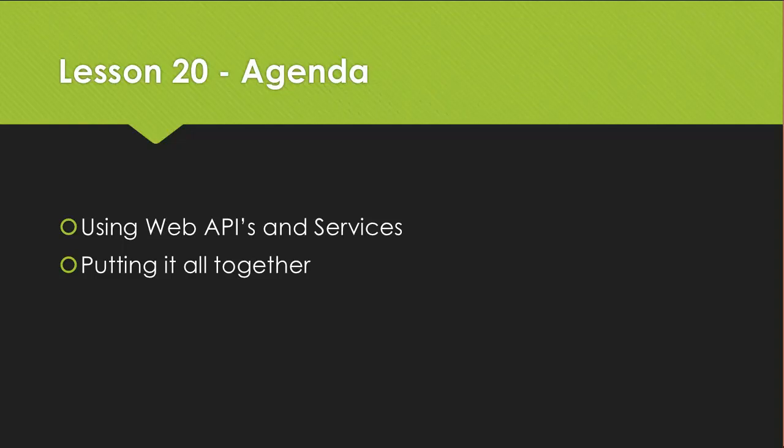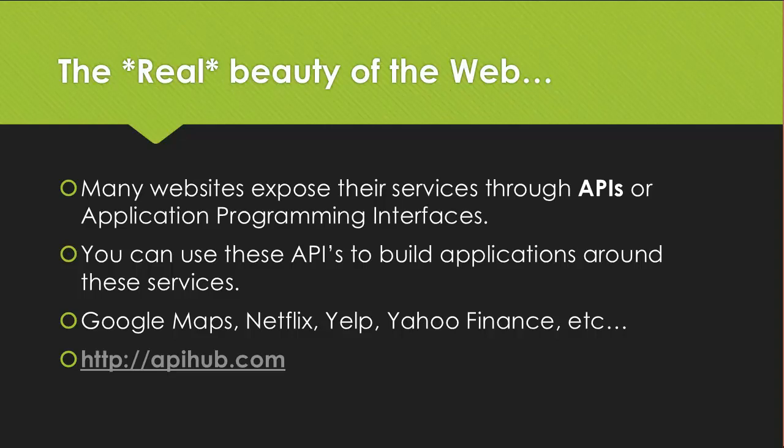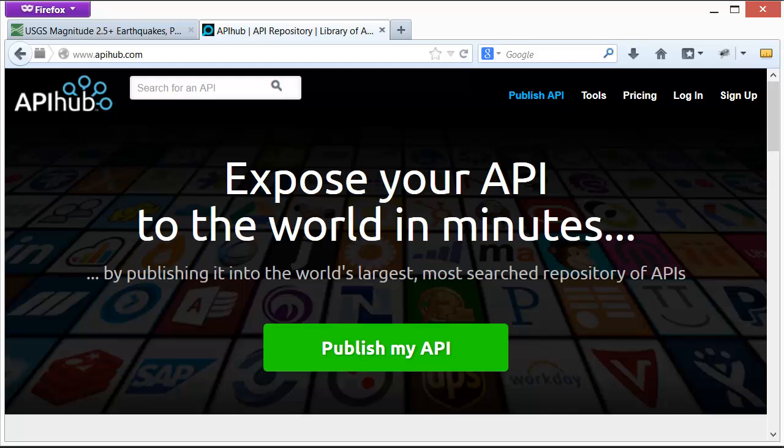and of course, putting it all together. The real beauty of the web is that many websites expose their services through APIs, or application programming interfaces. You can use these APIs to build your applications around these services. Google Maps, Netflix, Yelp, Yahoo Finance, these are all examples of APIs that people use to build their own mobile applications or web applications. There's a great website called apihub.com, and apihub.com is a repository of APIs that are available